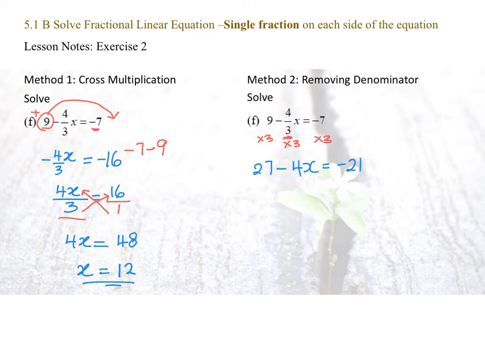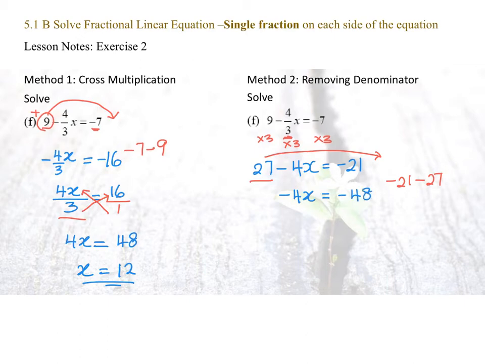Let's rearrange and group the like terms together. So this will be negative 4x. This stays here. I do not want 27 over on this side. I can group it together on the right side with the other constant term. Now this is 27 added to negative 4x. So I'm going to migrate over and undo the operation. Originally it's addition, now it will be subtraction. So negative 21 subtract 27. That leaves me with